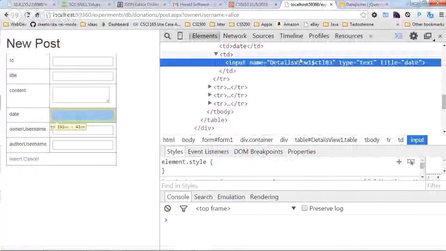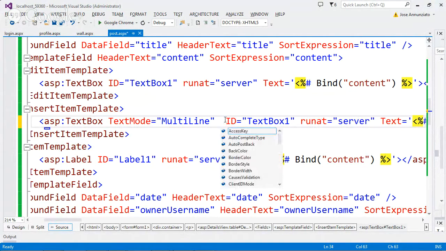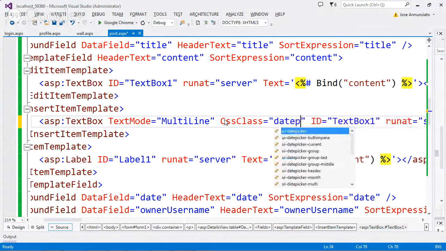But notice that there is no ID on that input field. So I can't use that. See that? The ID didn't make it into the input field, so that's no good. This is like an internal ID that Visual Studio and the .NET framework use to manage these components. It doesn't actually mean the same thing in HTML. So how can I grab it? Well, it does allow me to create a class. So if I add a class and I say date picker,